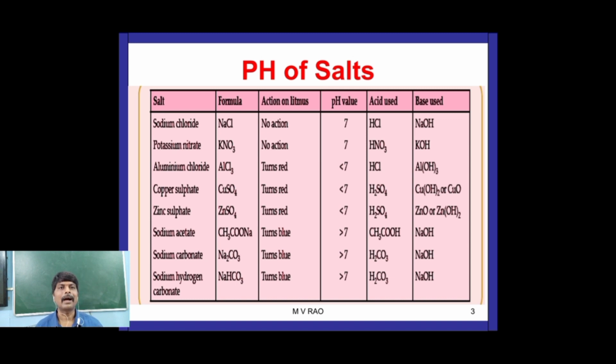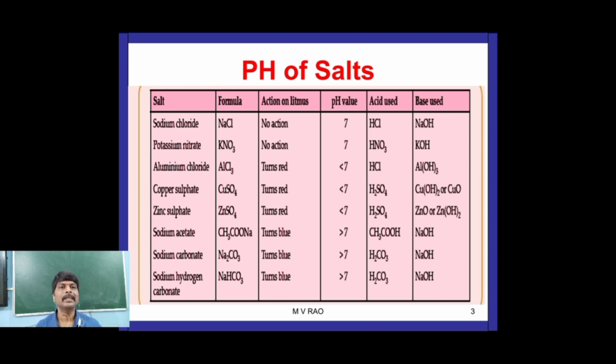Next one is copper sulfate, CuSO4. Litmus test, it turns blue litmus to red. That means it is also acidic in nature. pH is less than 7. It is an acidic salt. Copper sulfate is there. So acid is sulfuric acid. Copper metal, so copper hydroxide is the base. You know sulfuric acid is strong acid. Copper hydroxide is weak base. Acid is strong, base is weak. What is the nature of this salt? Acidic